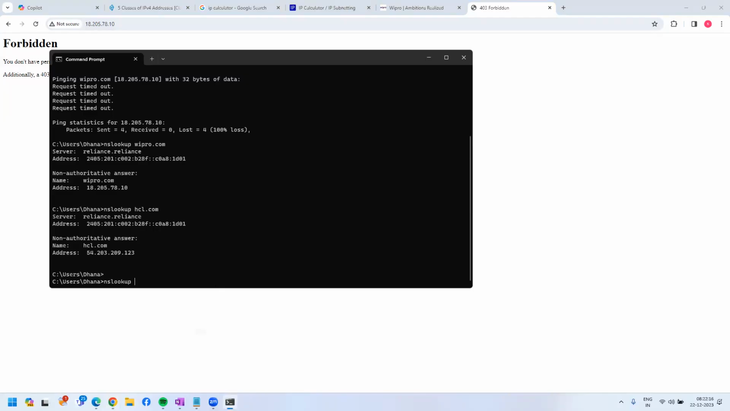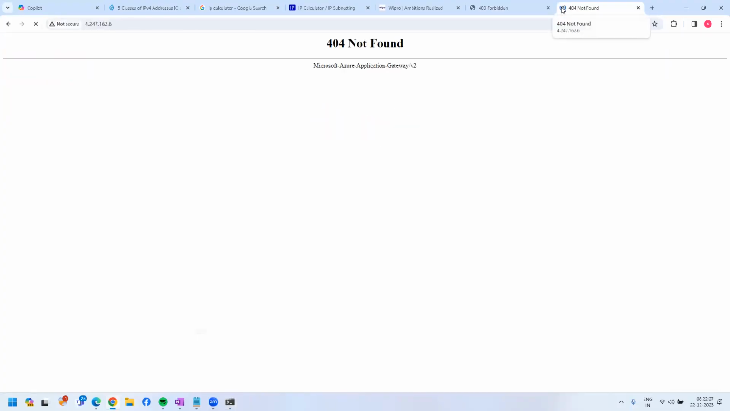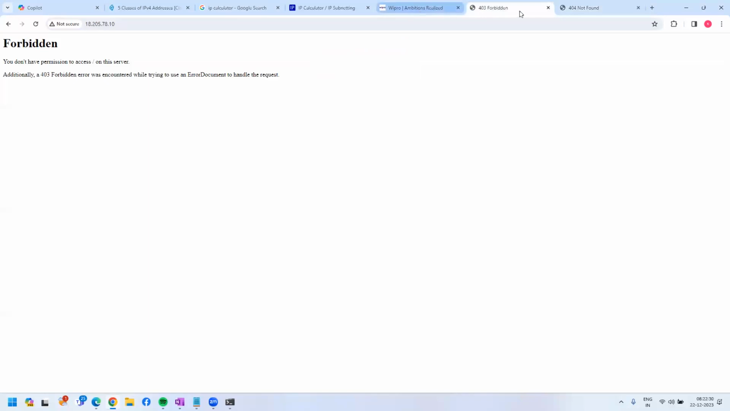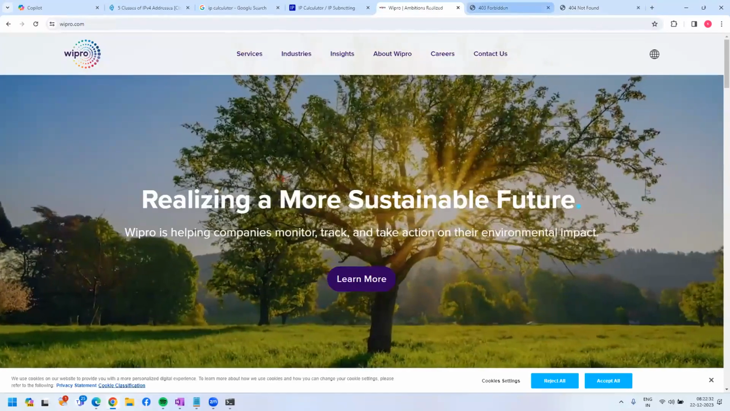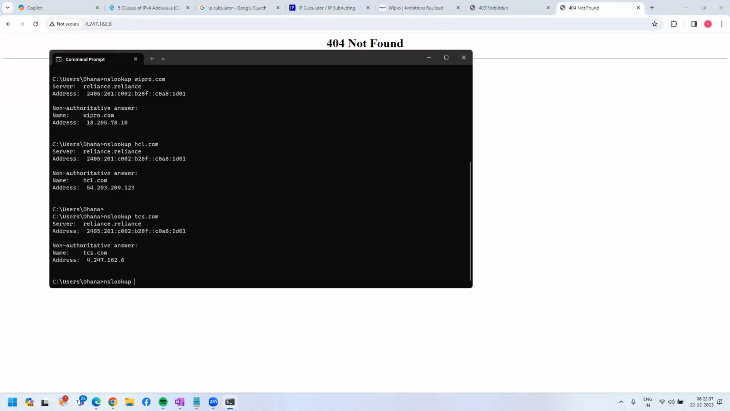nslookup tcs stuff. See, which is starting with 4. Okay. Now is it a public IP or private IP? Public. That's why I am able to access wipro.com, cognizant.com like that. They have blocked. SCL they are allowed. Wipro also they are allowed. Let us try infosys.com. nslookup